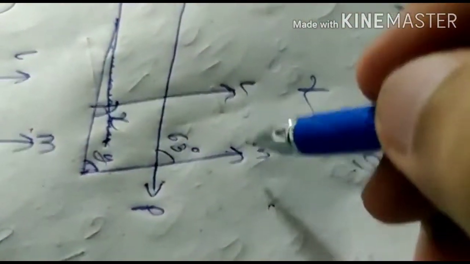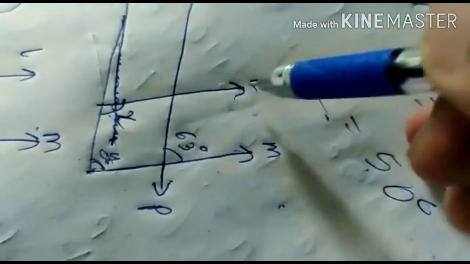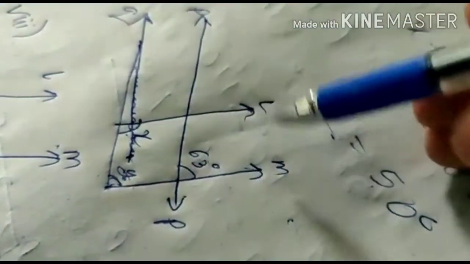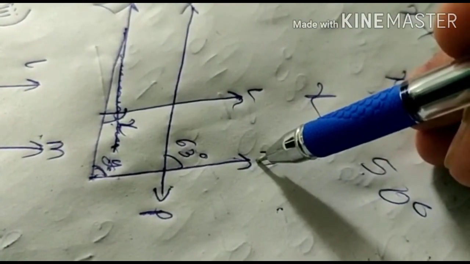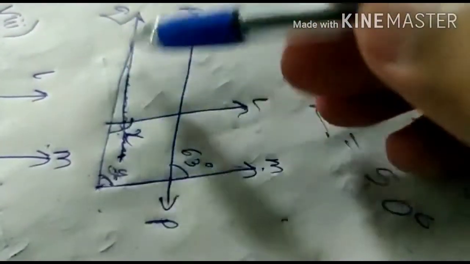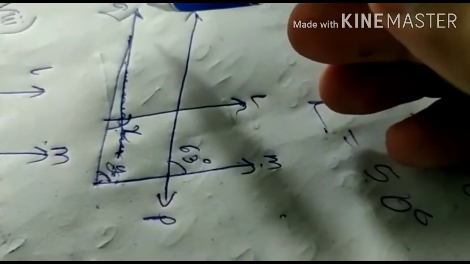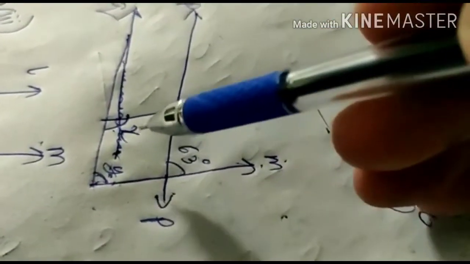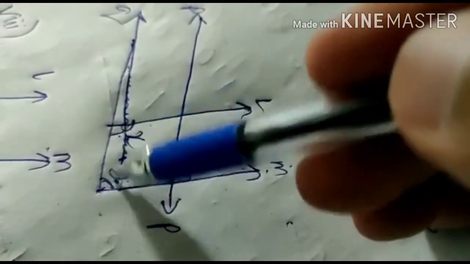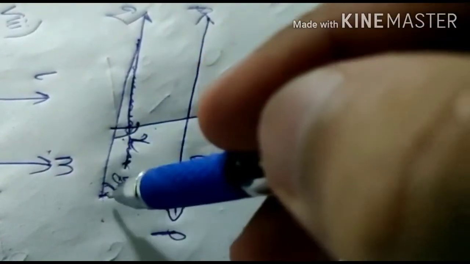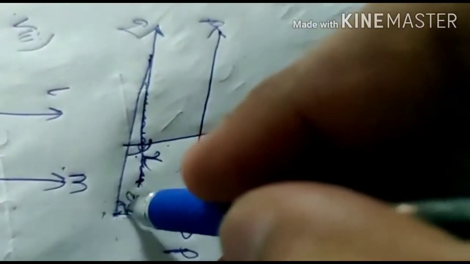Okay, and if we check this part, M and L are the two parallel lines, and x and y are present as the interior angles, cut by the same transversal Q. L and M are the parallel lines and Q is the transversal to the parallel lines L and M. So here x and y are present as the interior angles to these parallel lines cut by Q. It is present inside the parallel lines. So these are the co-interior angles, y and x.